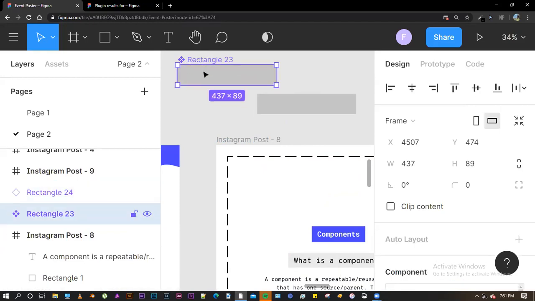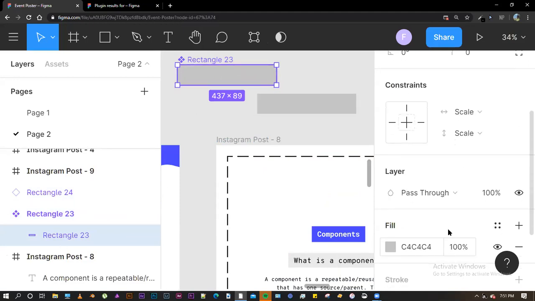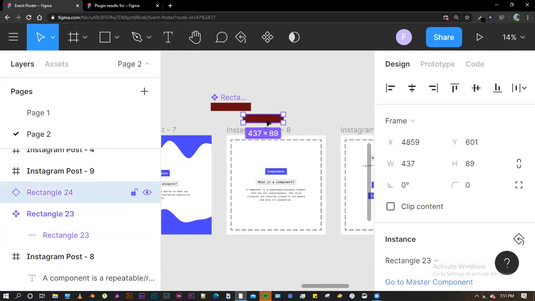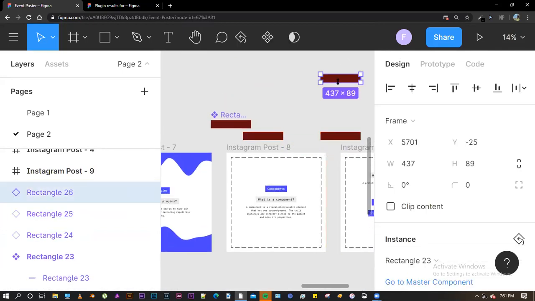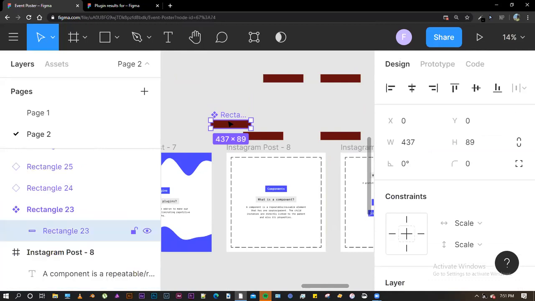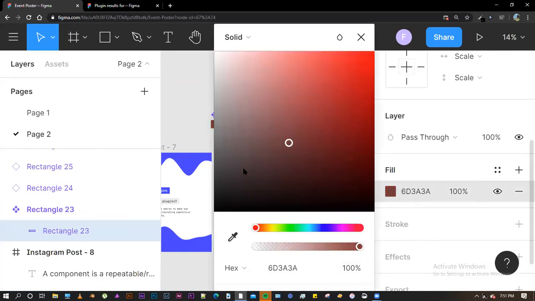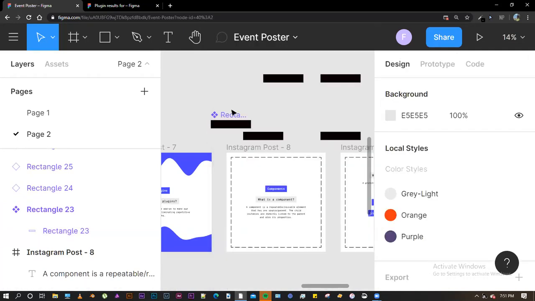All right, so if I change anything in this rectangle or the parent object, it would automatically be reflected in the child wherever it is used. So I am creating multiple instances. If I go on to this parent component, click on fill and change the color, it would be replicated on these automatically.